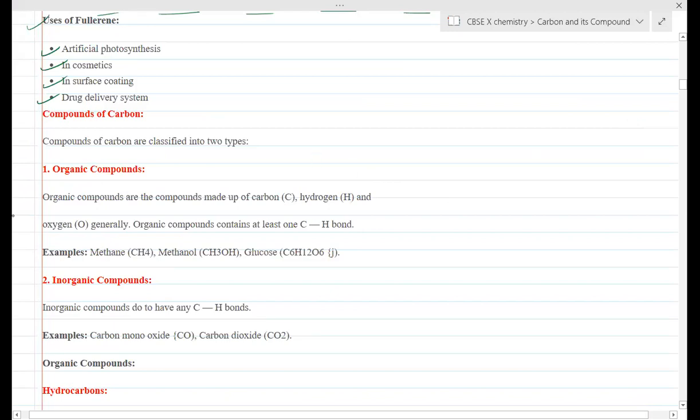Okay. So when we talk about compounds of carbon, carbon can form a large number of compounds because of its two unique properties. What is the first property? One is tetravalency, which we discussed. And the second property is what? Catenation. They may ask you why carbon can form a large number of compounds, or what is the versatile nature of carbon. Because of its two unique properties, which we discussed just now.